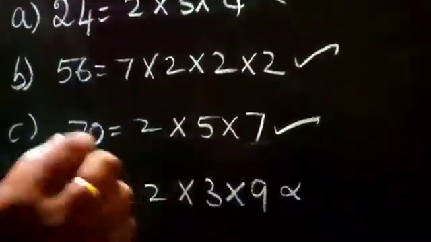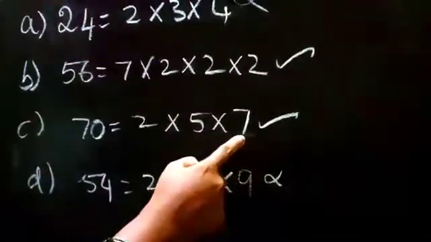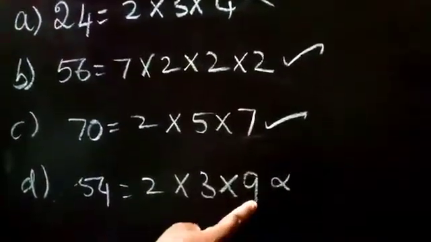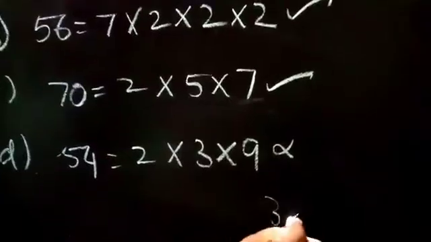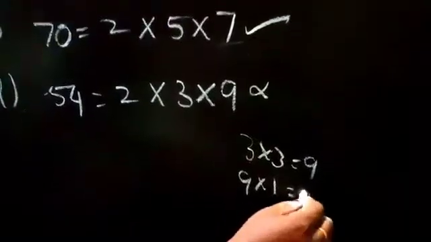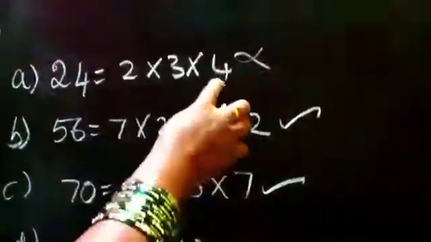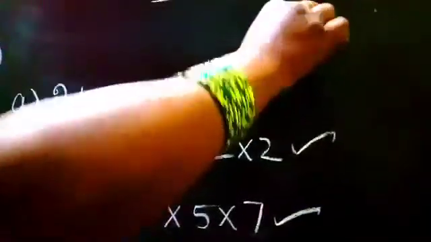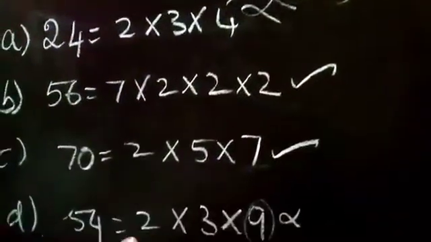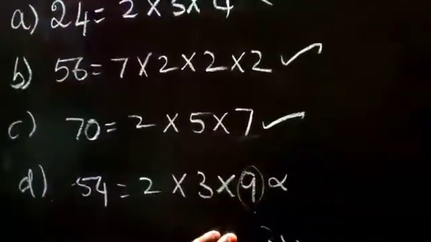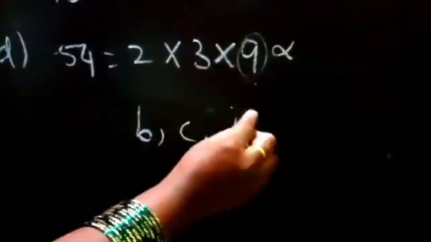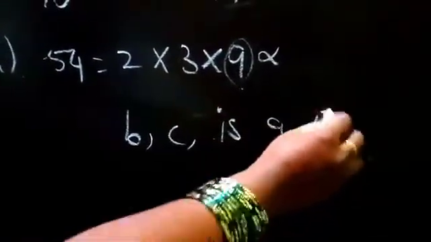First, prime numbers means what? A number that goes in that table only 1 time. But 9 is not a prime number, because 9 ones are 9, 3 3s are also 9. So this 9 is not a prime number. 4 also, 4 ones are 4 and 2 2s are 4. So the 2 table is coming, that's why this 4 also is not a prime number. This 2 only is a prime number, so therefore we have to tell B option and C option is a prime factorization.